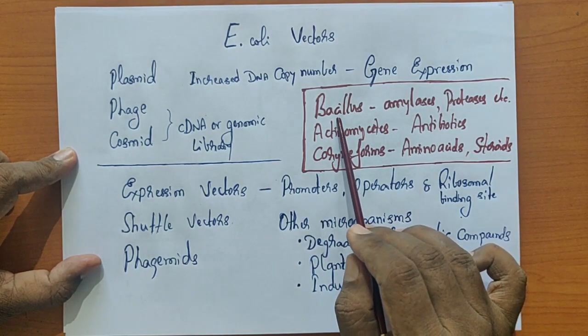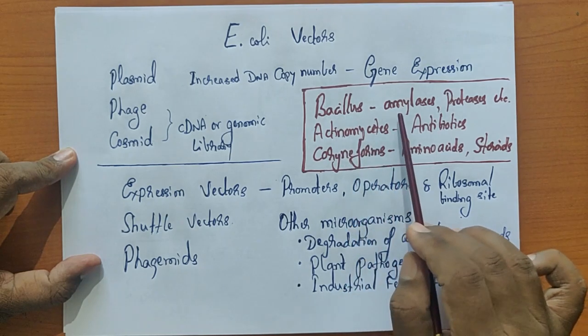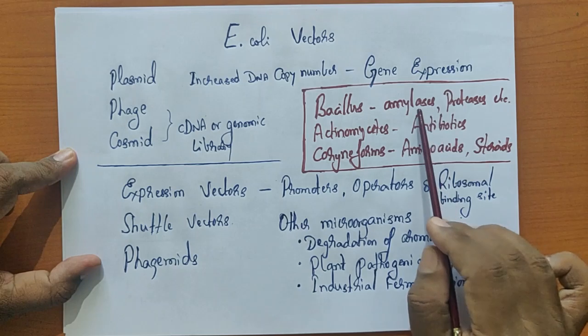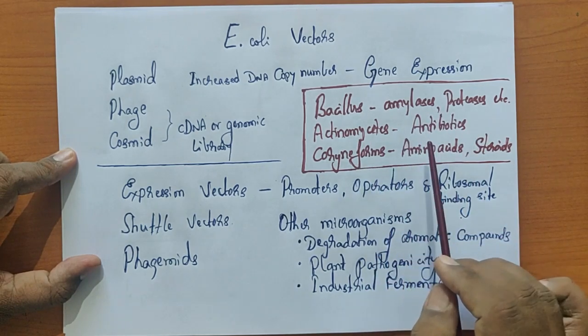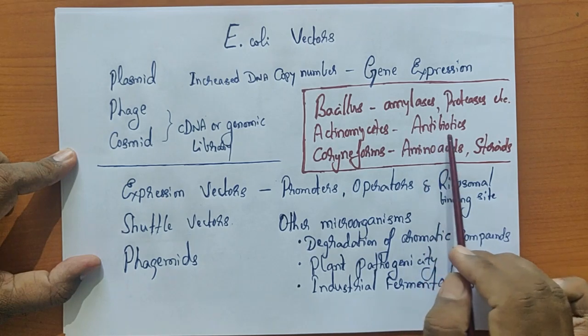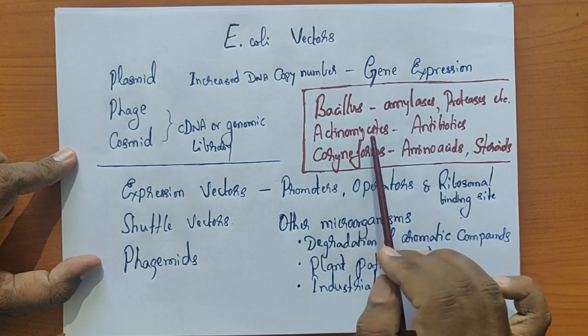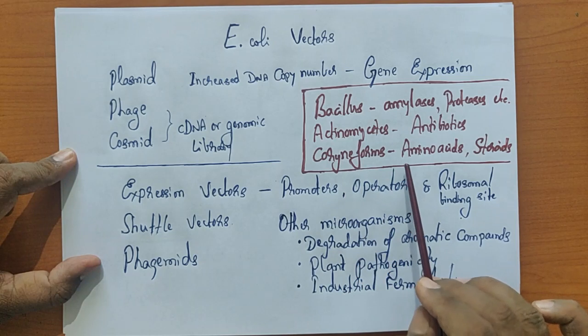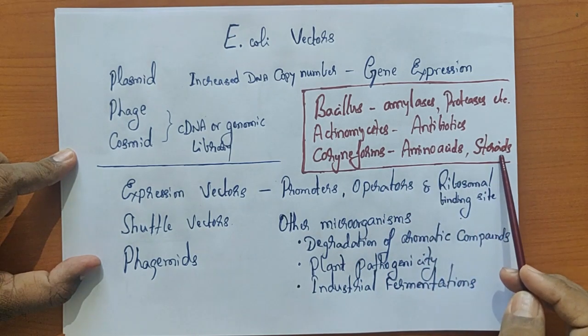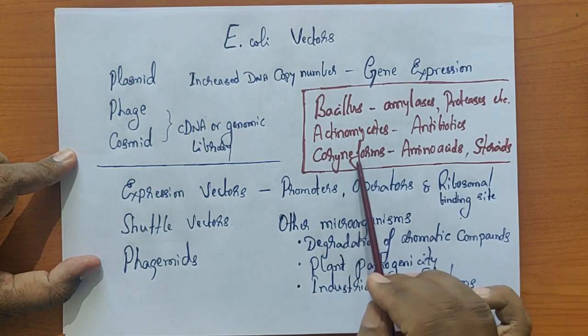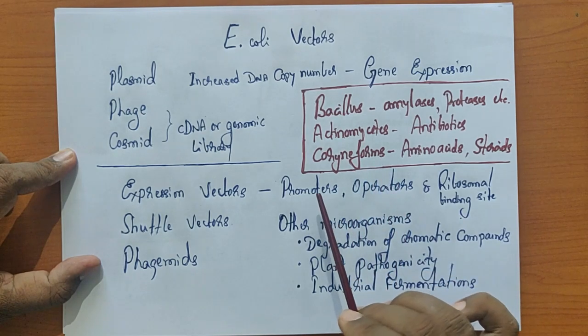Bacillus are the microorganism of choice for the industrial production of enzymes like proteases and amylases. If you are into the industrial production of antibiotics, actinomycetes are the preferred microorganism. For the production of amino acids and the derivatization of various forms of steroids, the coryneforms are very important.